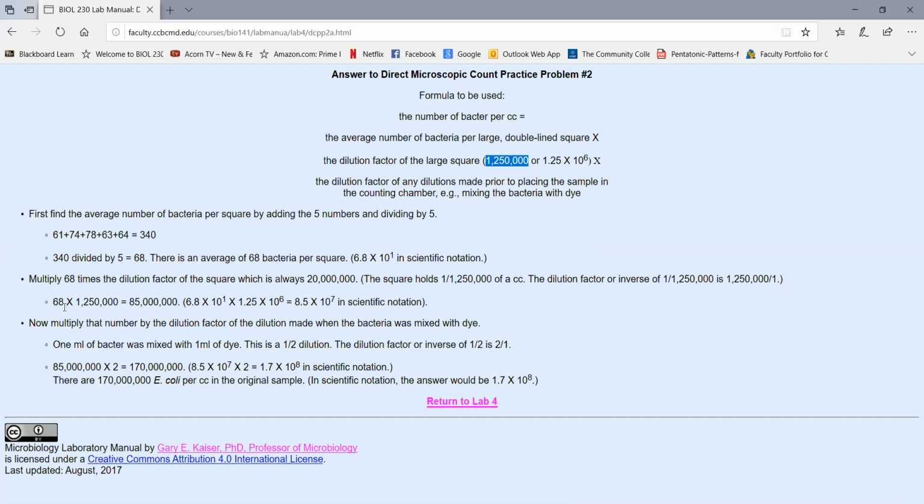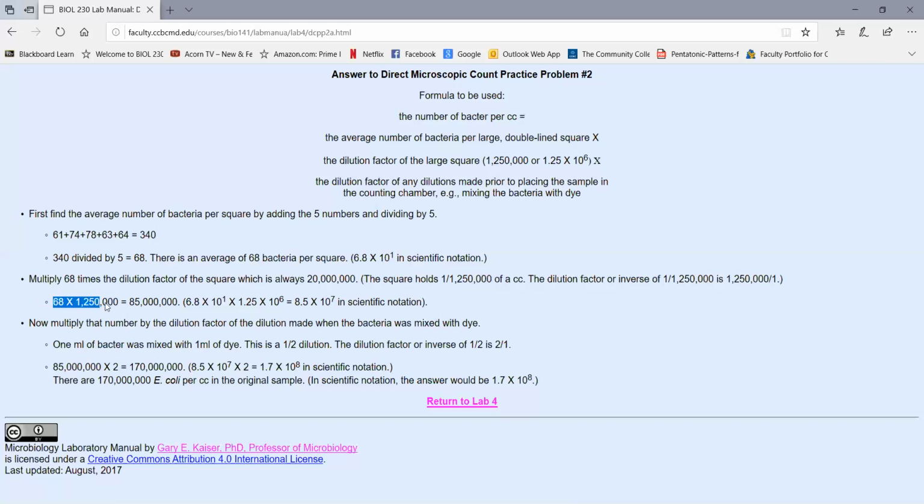So 68 times 1,250,000 is 85 million. In scientific notation, then, 68 would be 6.8 times 10 to the 1. 1,250,000 would be 1.25 times 10 to the 6. So the final number there would be 8.5 times 10 to the 7th. So that's the second part of the formula, multiplying the average number per square